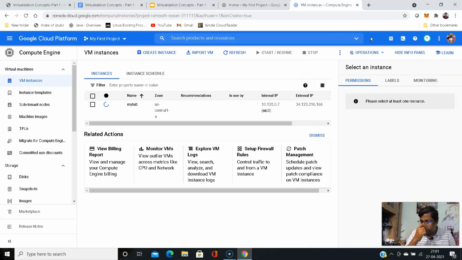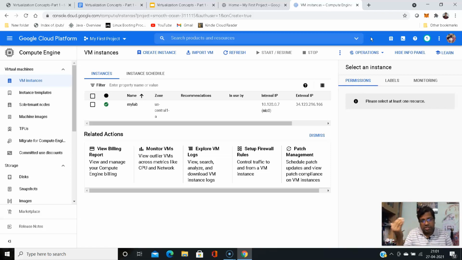What is the difference between an image and an instance? An image is a file, like an ISO image, where the components are stored as a file. An instance is a running state of that image. You can spin off multiple instances using a single image. When you spin off that image, it will clone a virtual disk from that image, install and start it for you, power it on, and configure the other virtualization components.